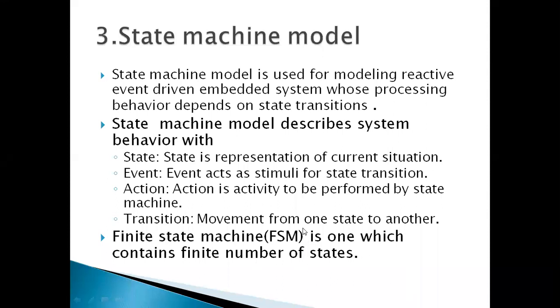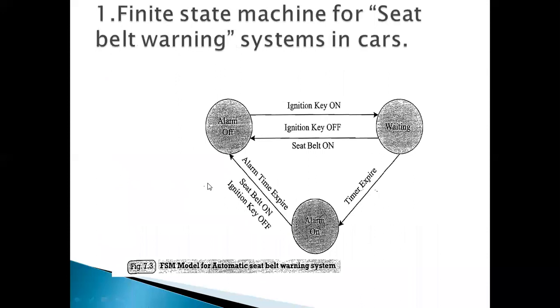The state machine model is basically event driven, meaning your processor consists of multiple states. To move from one state to another state, your processor or embedded system is going to wait for an event. Here we are going to study three examples to understand this state machine model. Usually embedded systems are programmed using the state machine model only.